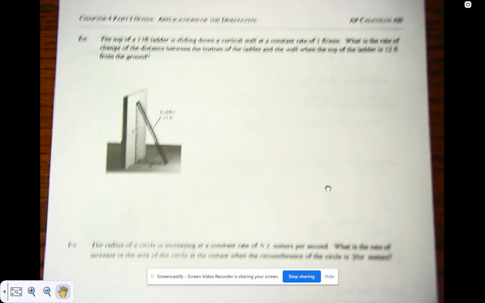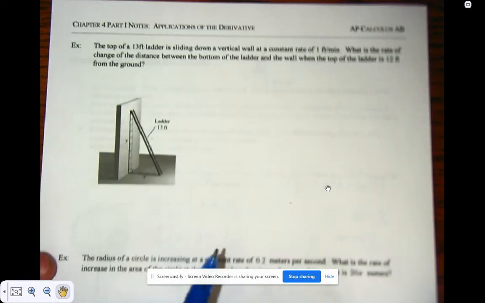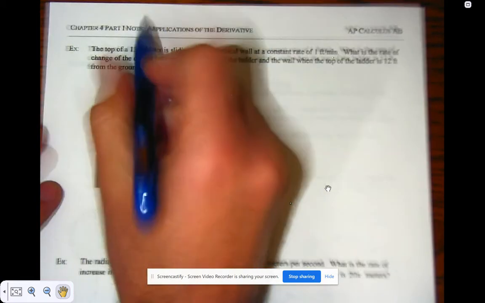Okay, so we are in example 3. So we just did a couple examples. Maybe you took a break. Just a quick review here of what's happening. This is a topic called related rates. Okay, so this is basically